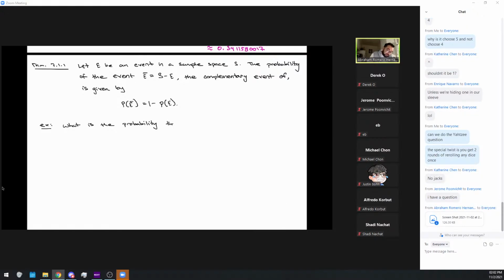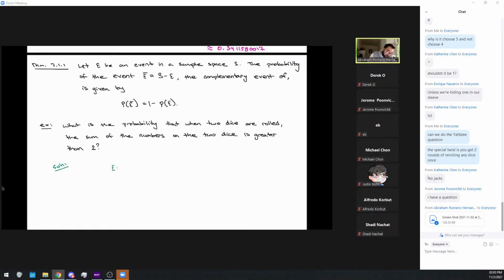What is the probability that when two dice, so now we're talking about plural, are rolled, the sum of the numbers on the two dice is greater than 2? So everyone's going to have to look at the chat for that one. Now, here's the reason why you're going to have to look at the chat in a second.